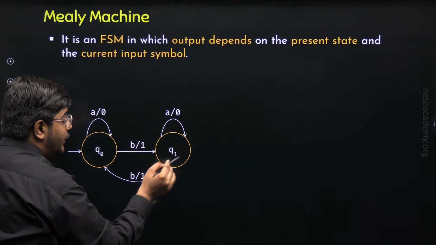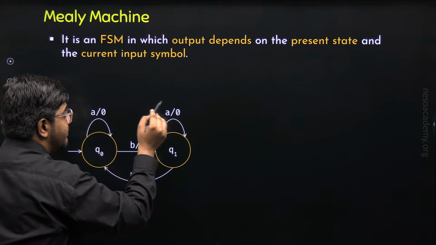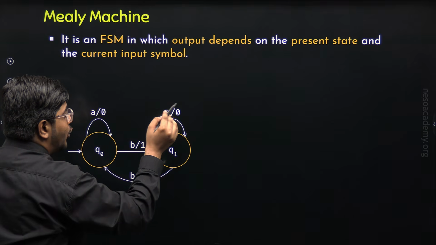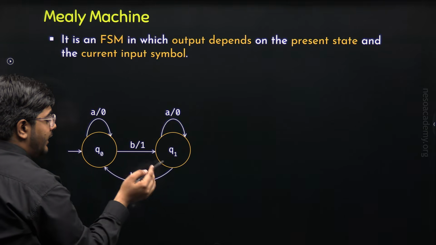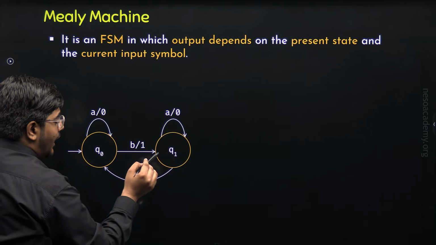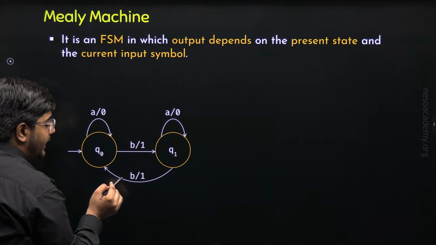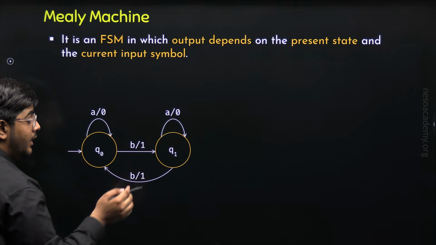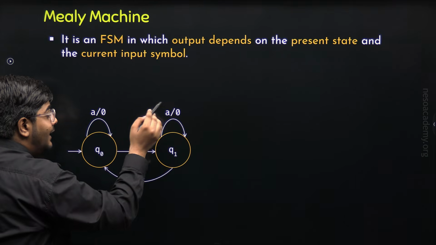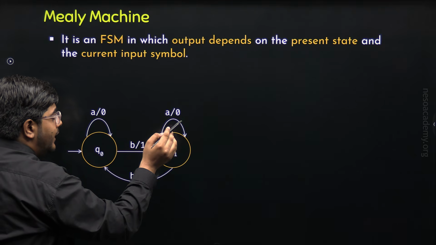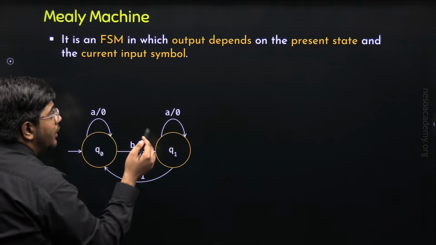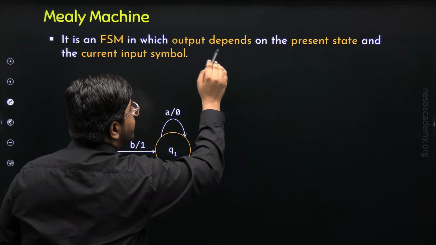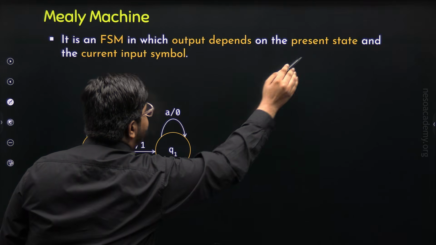The present state Q1 and the current input symbol A determine the output symbol 0. Similarly, the present state Q1 and the current input symbol B determine the output symbol 1, which means the present state and the current input symbol determine the output symbol,